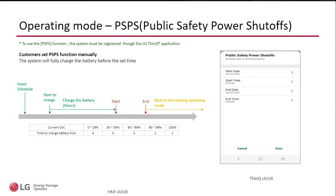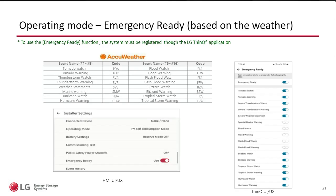So it's not something that we need to worry about: oh my God, what settings, I forgot the settings, and now I'm stuck on this PSPS. It will automatically do this. Very similar, a little bit more automatic though, because the problem we have with PSPS is that it's very manual,